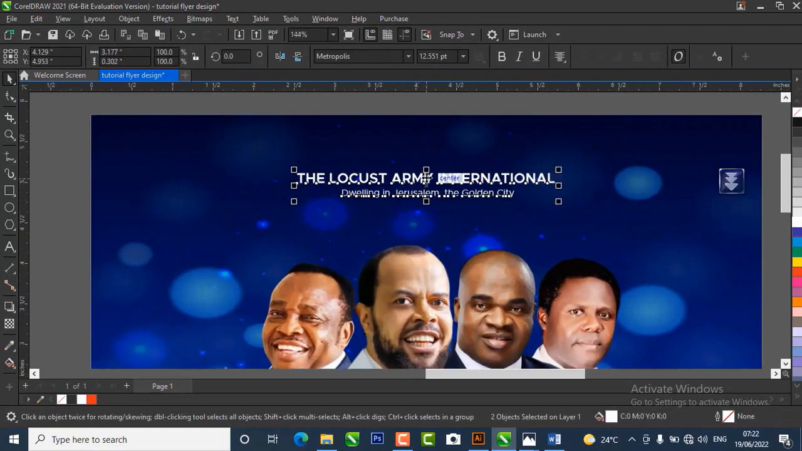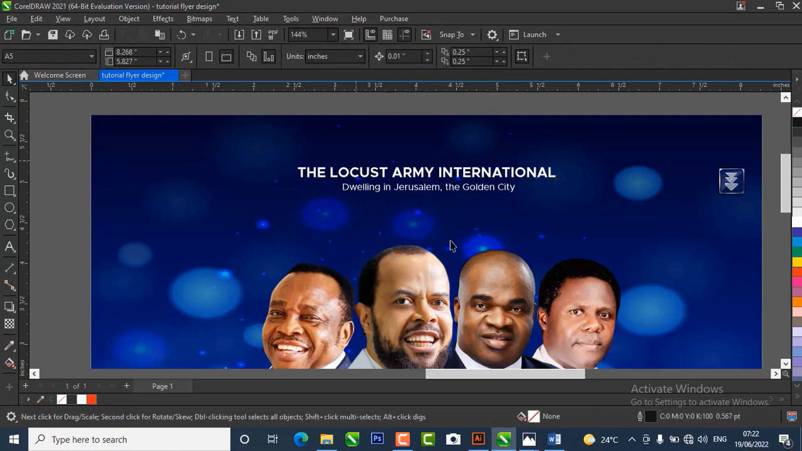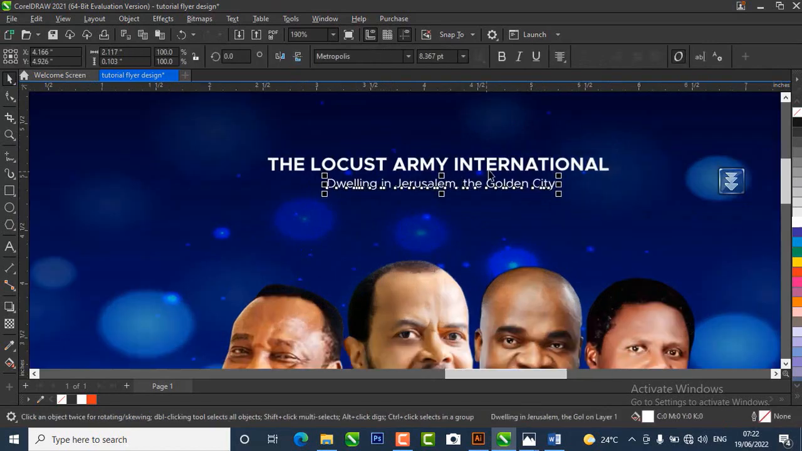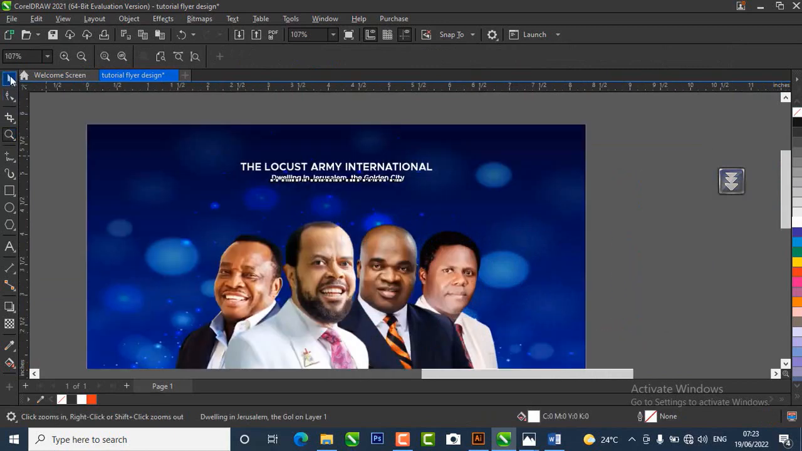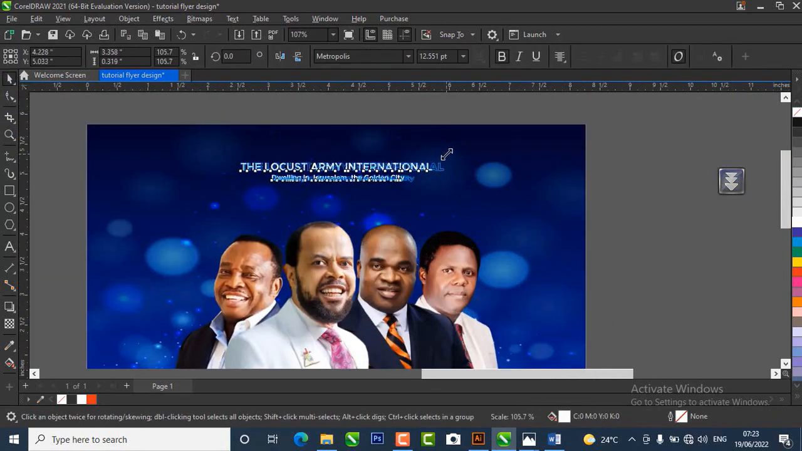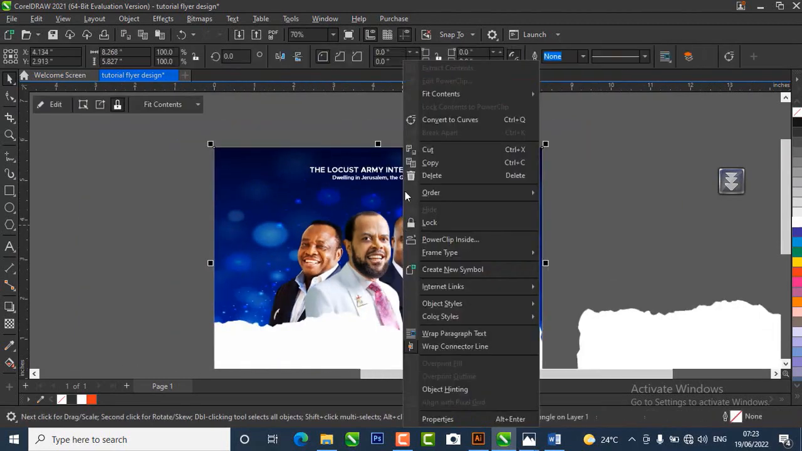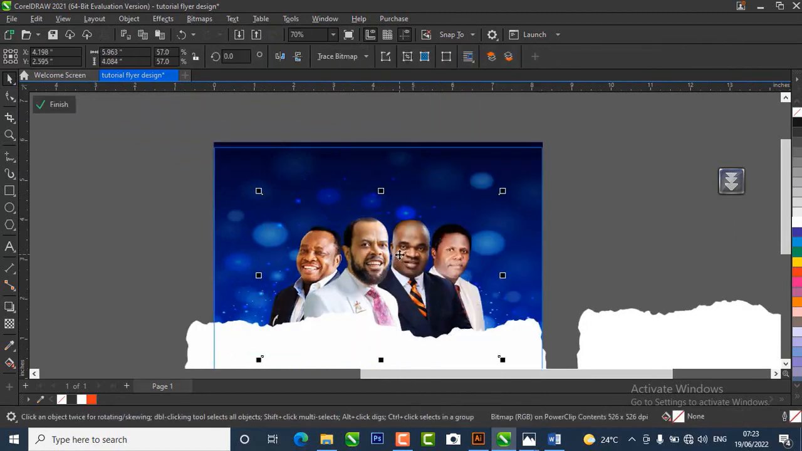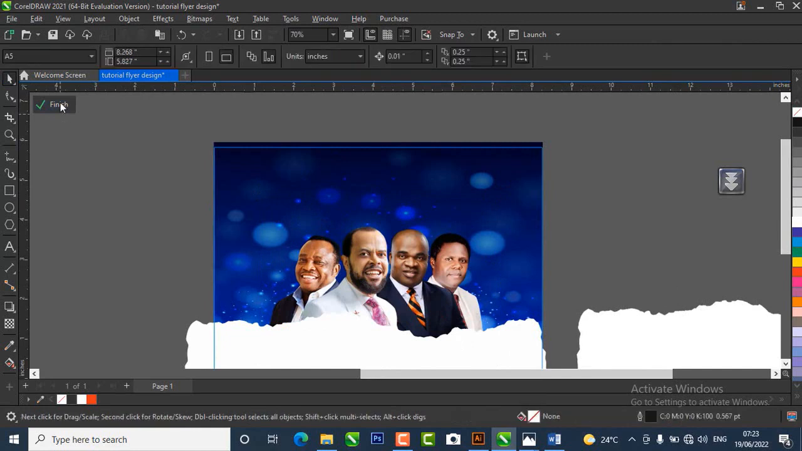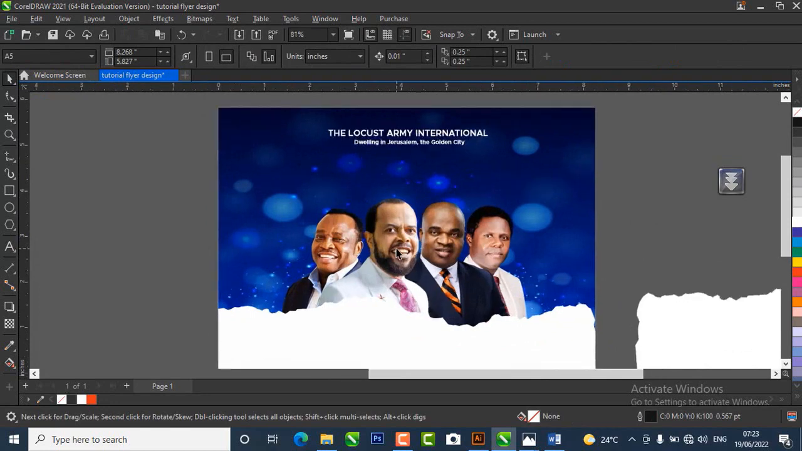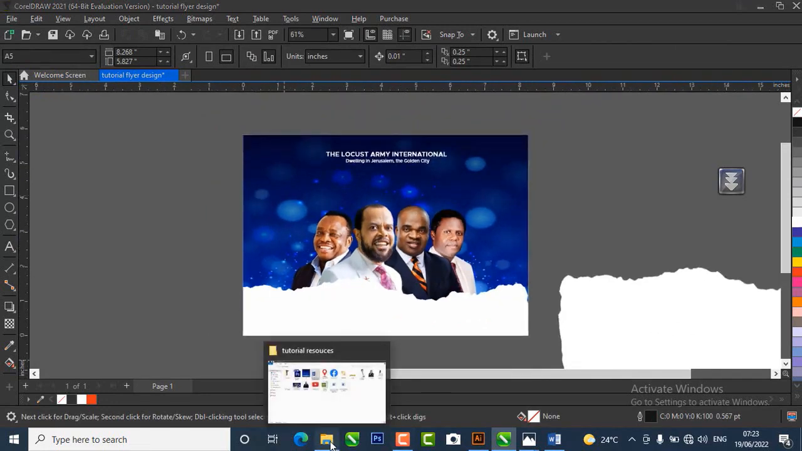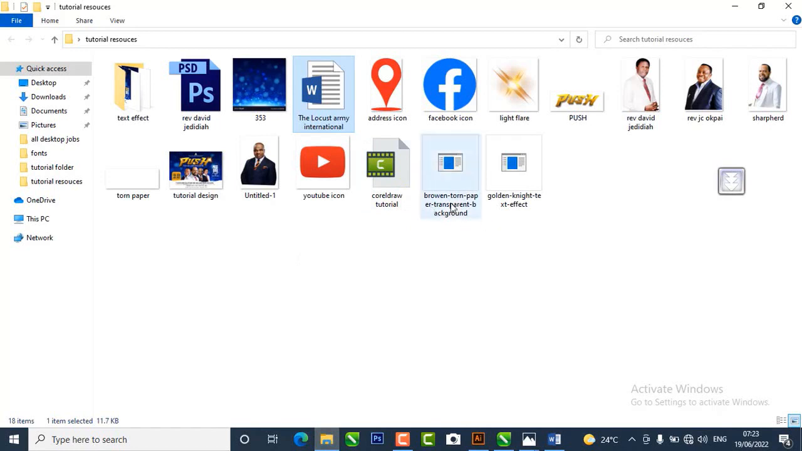So I have the church name bold, and I also have the subtitle under the church name. I can also make it bolder. Yep. So this is the church name. I can increase it from different angle. Now I'm going to be bringing the pictures down in order to allow me put the theme of the program. So what I'm going to do now, just like I said, I have this template I got